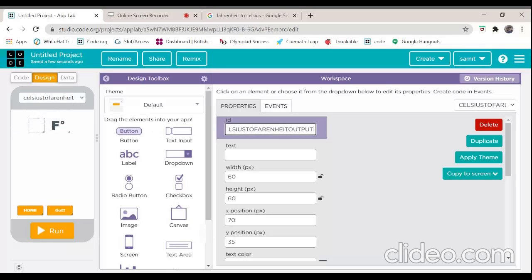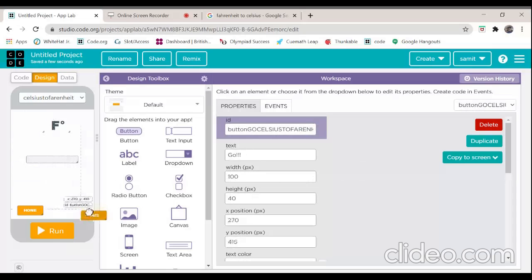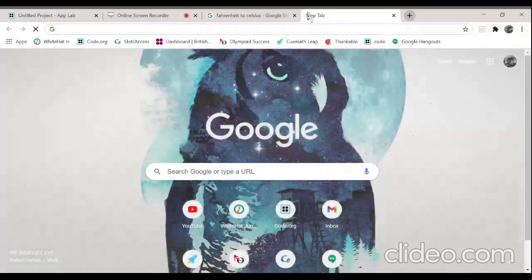And now let's add a text input. Yeah, text input will do the work, I think. Text input will be good. Text input Celsius to Fahrenheit. Celsius to Fahrenheit, we'll do it in the middle. This also, we'll do it in the sides. We'll write